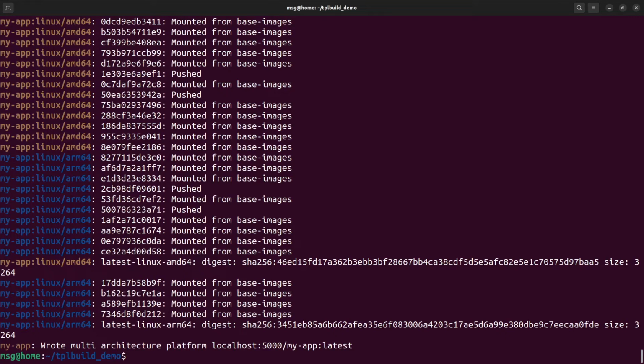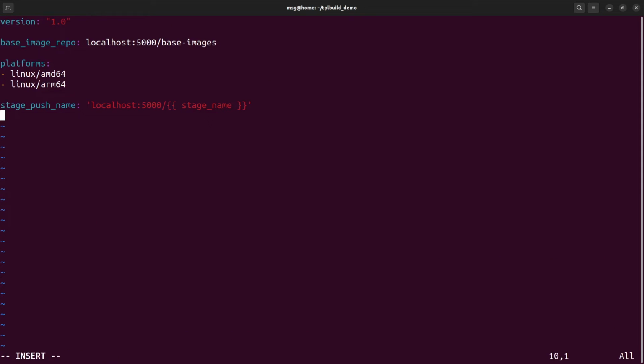support multiple image configurations. Let's suppose we want to build a dev and a release version of our application. To do that, we edit our Template Build YAML file and define our two profiles. Within each profile, we can specify arbitrary YAML data that will be passed to the template as a parameter. Here we'll specify an install dev packages key that we can use to templatize our build. We'll specify that we want dev to be our default profile.